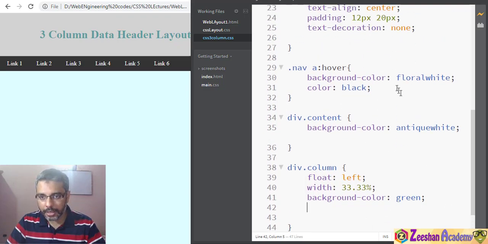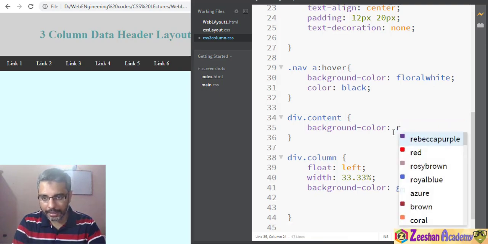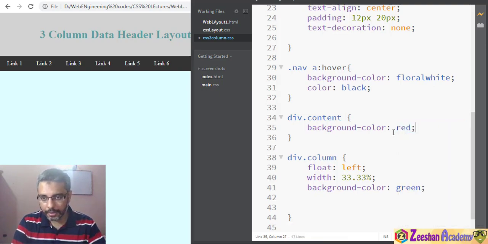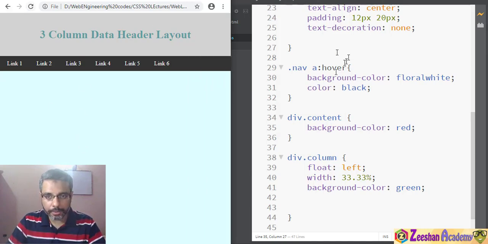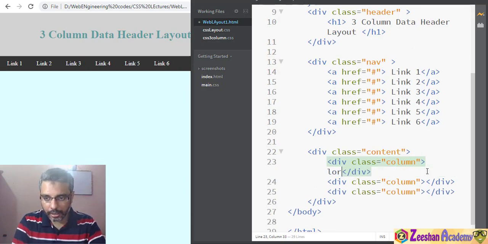Have I made some mistake somewhere? Let me just change this color to, for example, red. Control S. See, this color is not changing for whatever reason. Why not? If I go back into HTML, Control S, I've saved it, and I can give lorem